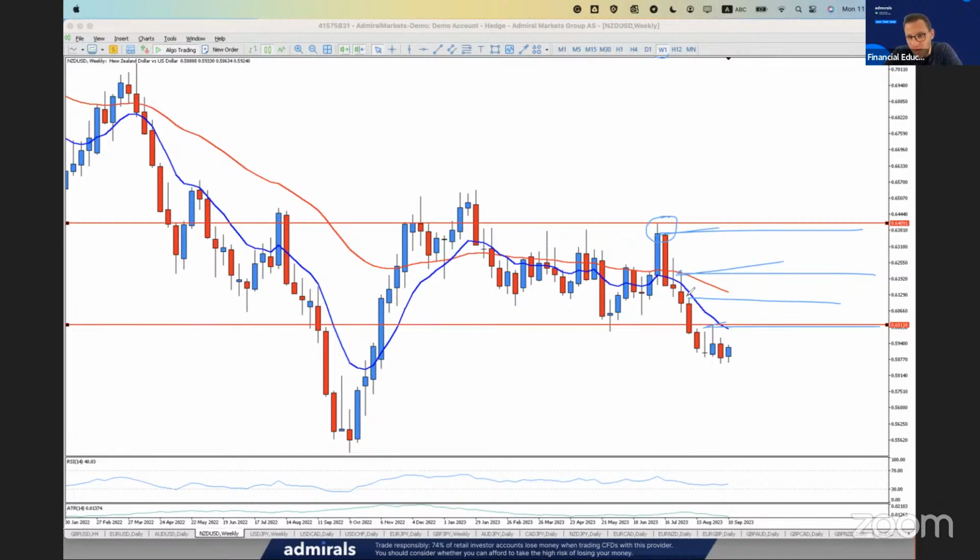Because imagine, I told you multiple times, if the price makes it and taps at this area, and let's say you have a buy position and you are trading on the hourly chart, which is considered a little bit higher time frame, and you have a stop loss of 30, 40 pips, the price can easily create some fluctuation before it continues to the upside. So that's what you need to understand.